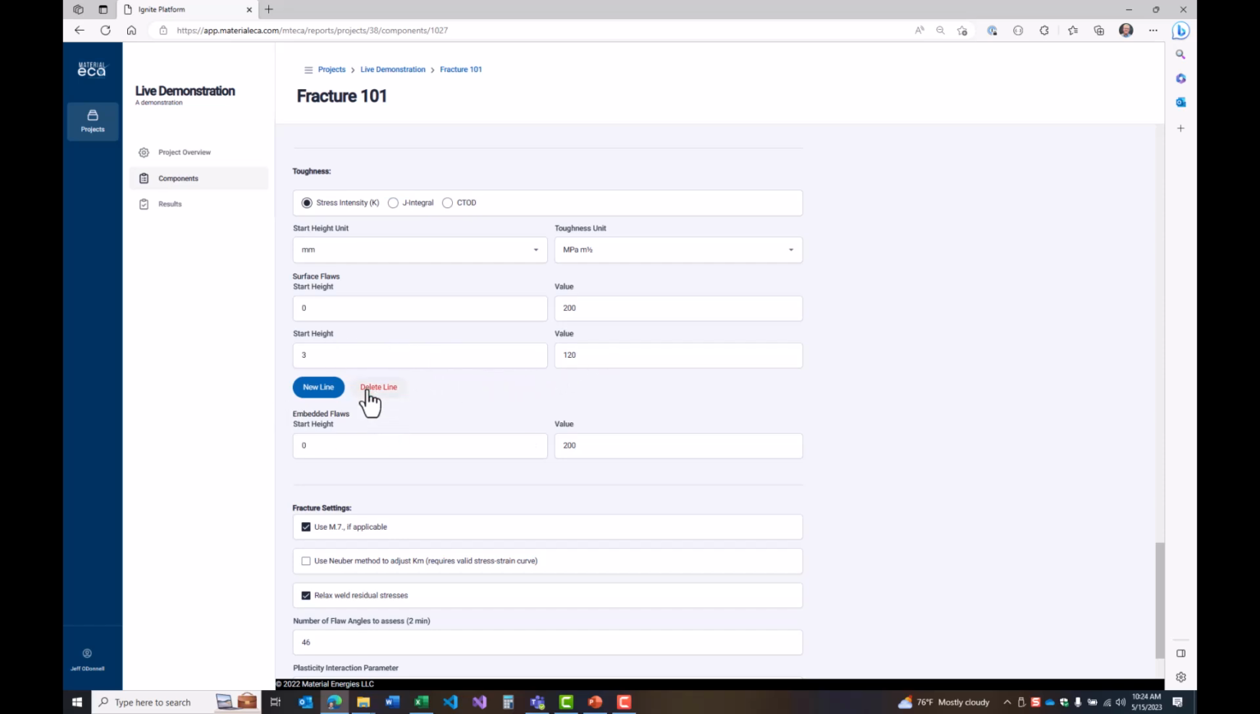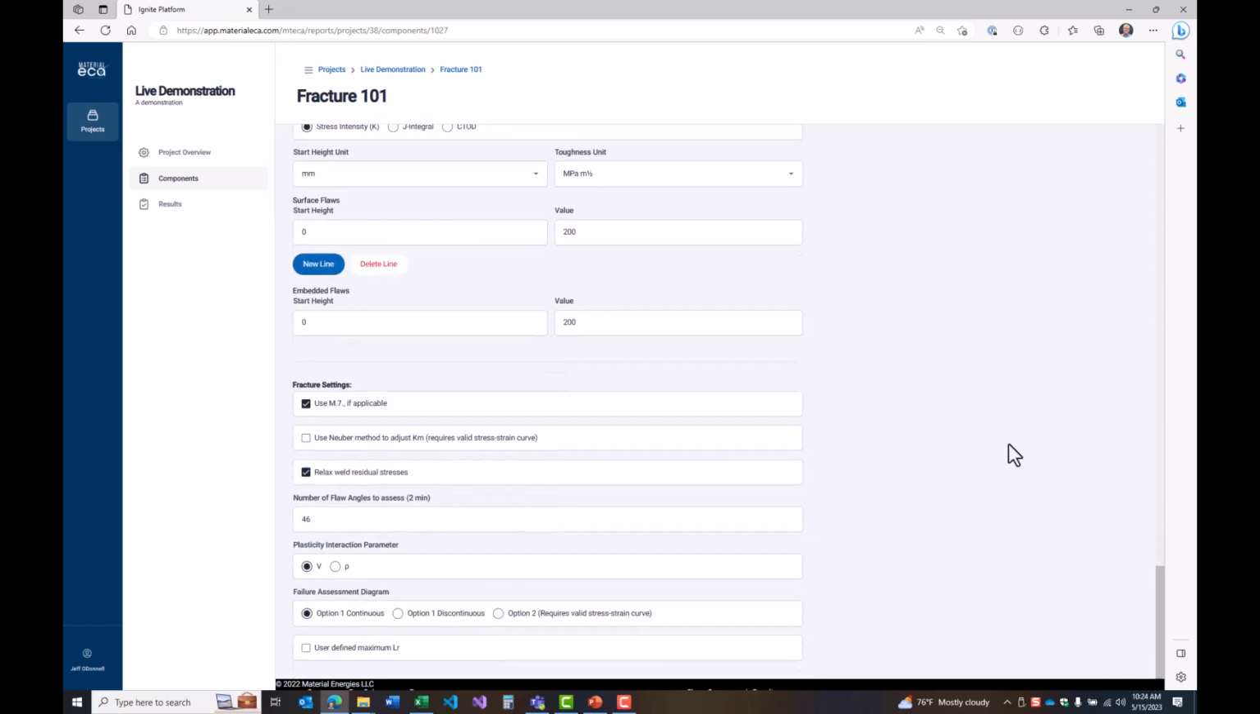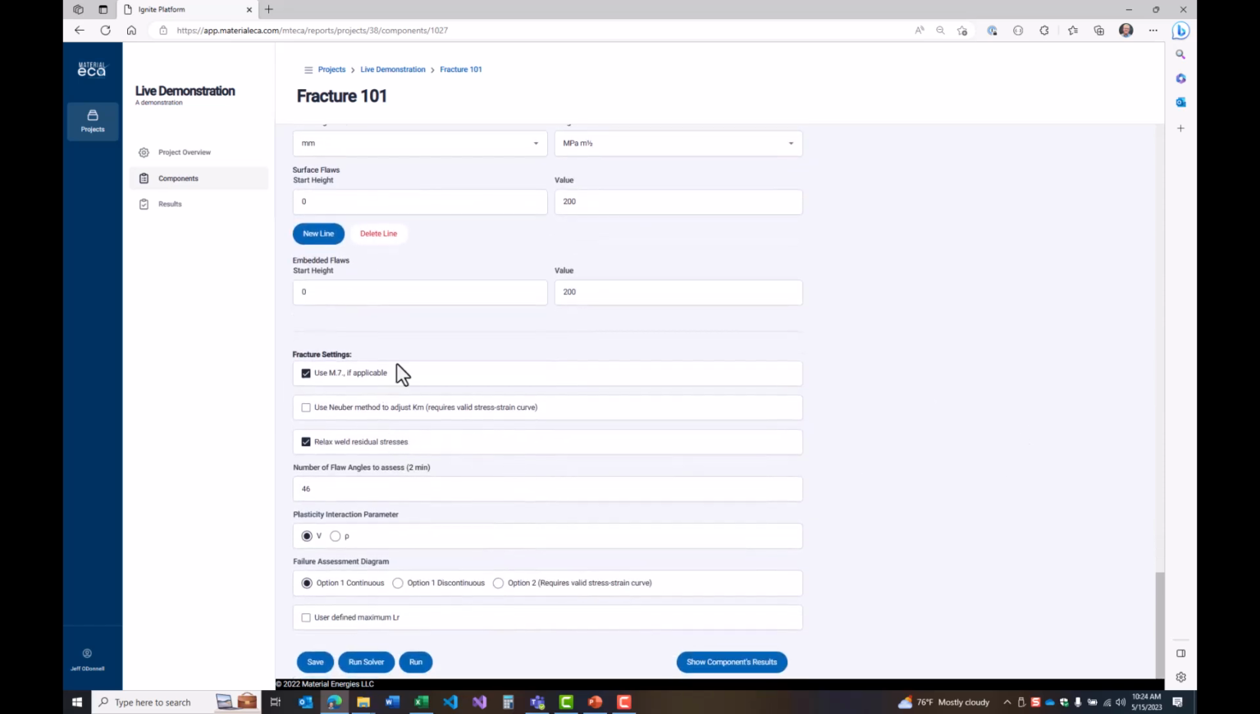We'll ignore this for now, and we'll demonstrate this later on. Then we have options. The first fracture setting is to choose to use the M7 solutions if they're applicable. These are applicable for the circumferential and axial flaws in cylinders and plate. When you select this option, Material ECA, when run, will check to see if the M7 solutions, the pertinent M7